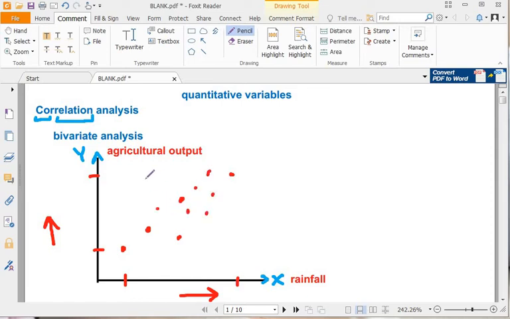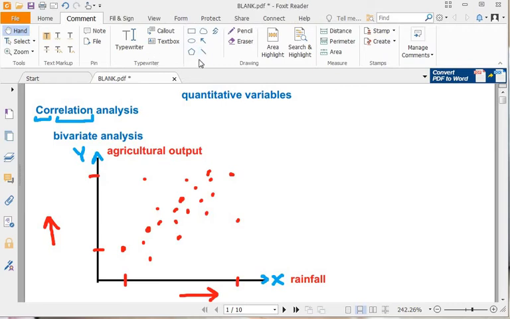Now of course some of these points can lie here, some of these points can lie here, some of these points can lie here, but we could expect that these points would more or less lie somewhat in this manner. So it will be like this, right? Now what statisticians found out is, we can look at the way this data is arranged in